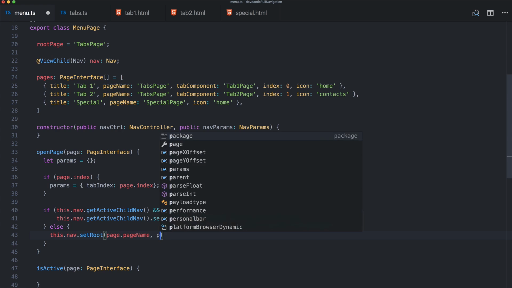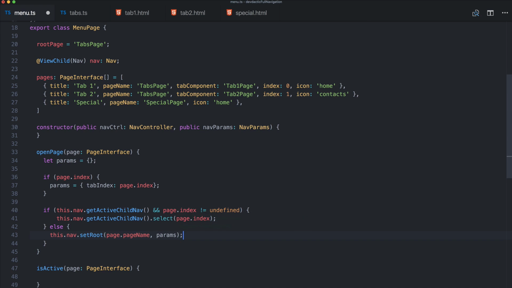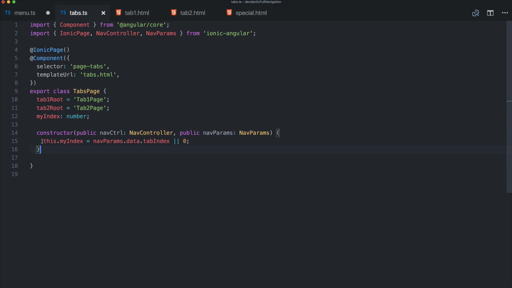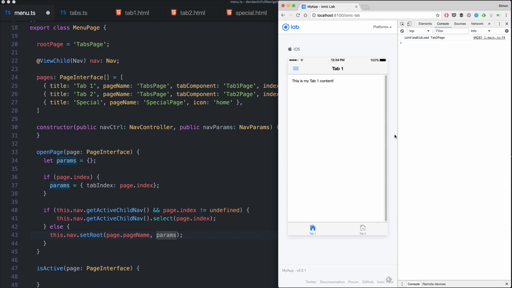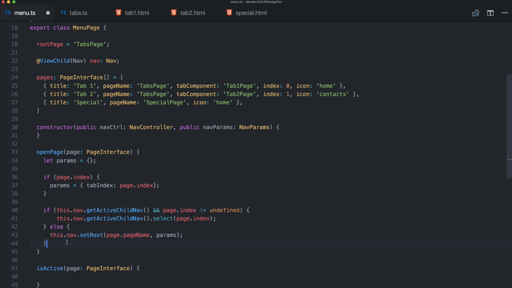And we will also in that case pass the params through. So this is exactly why we added this statement. So we can set the root to the tabs navigation and we pass the active index through. Now it's not really needed, but once we add this special page, this fallback is definitely needed. I think